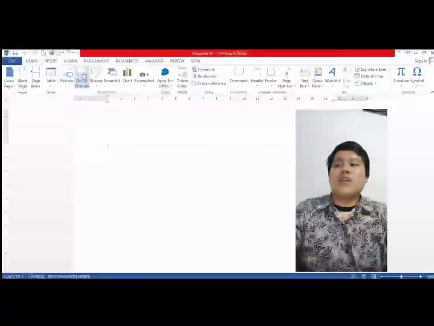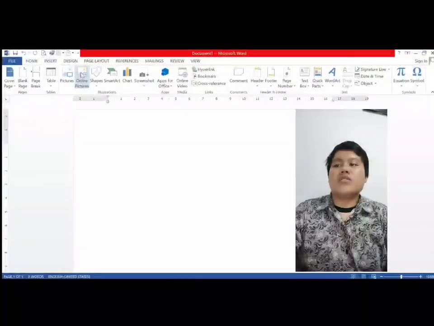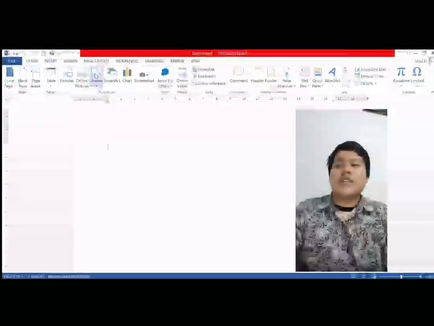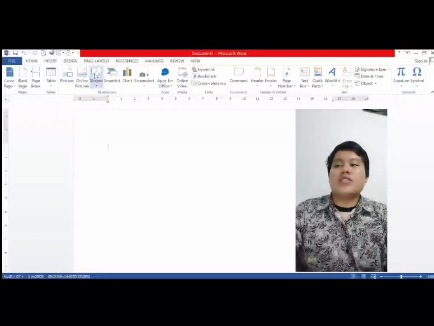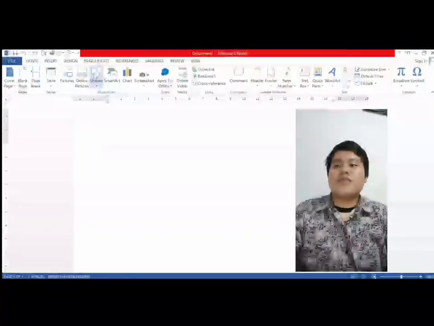Online Picture icon is the function to find and insert pictures from a variety of online sources. Next, the Shapes icon draws a shape. Its function is to insert ready-made shapes such as circles, squares, and arrows.